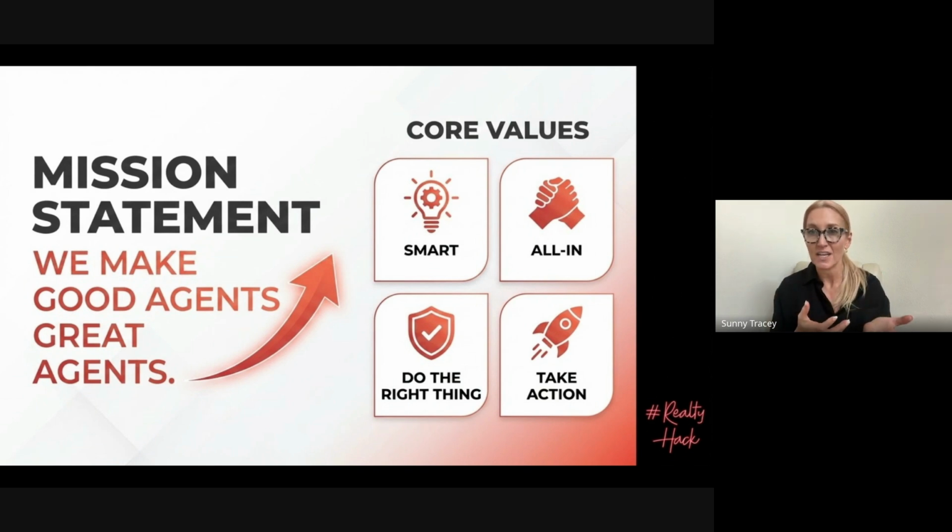And you'll see in the video, that's kind of what we're doing. It's a short few minute video that doesn't take a second, but what does it mean to be all in? Let us tell you. What does it mean to take action? What does that look like here? What does it look like to be smart? Is it book smart? Does it mean you have a bunch of letters, what do they call them, designations and stuff like that?